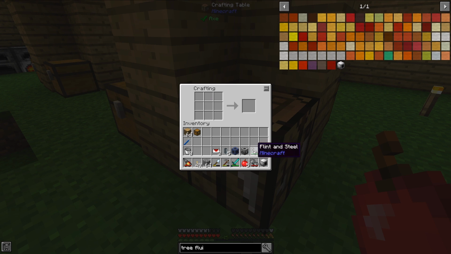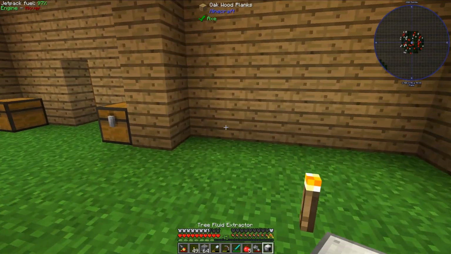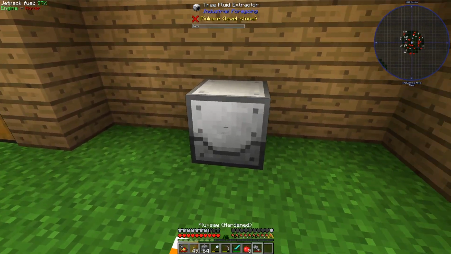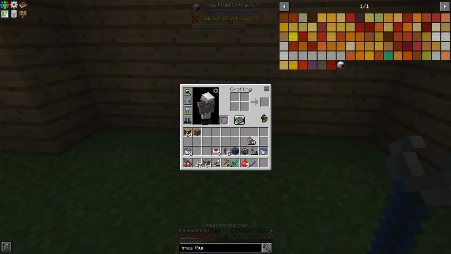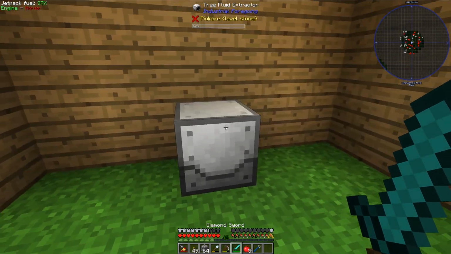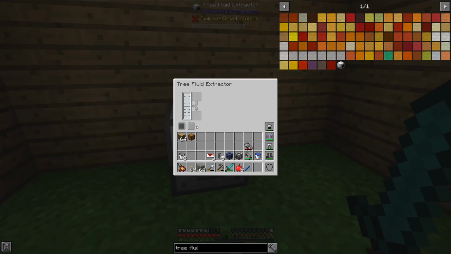Okay, so there's the tree fluid extractor. It is sided, so I need to place it right here. I actually need to flip it around, and I should be able to do that with the crescent hammer. Okay, that is the direction I want it. So it will get latex from wood, and there are...